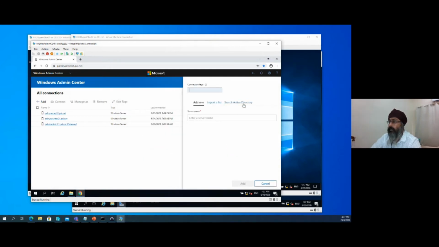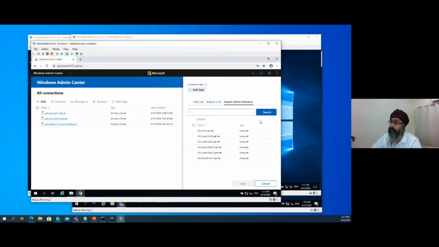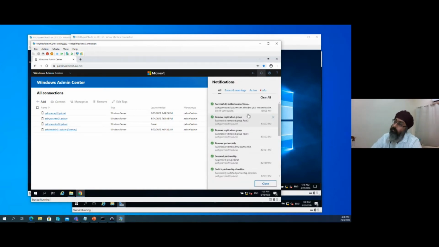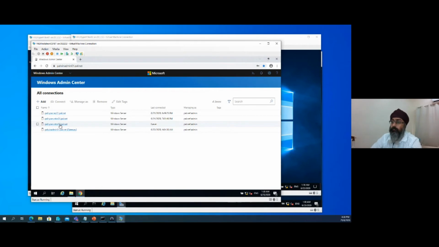Okay, I'm lazy, so I just search my Active Directory. I search all. Search, I went to add. So basically I'm adding a server. Search, is that simple? Okay, so this is the server I want to add. So I add. So I've already successfully added, as you can see here. You can drop down here to see more. So next I go to the server itself. Click first time logging in